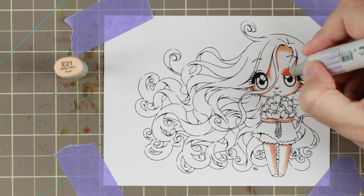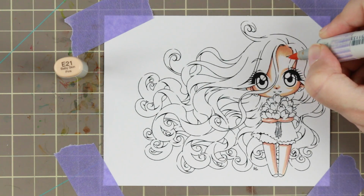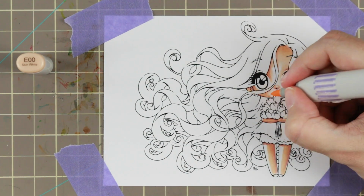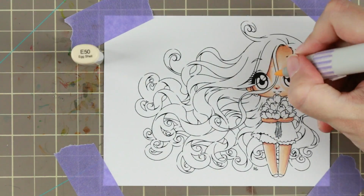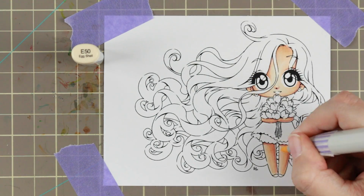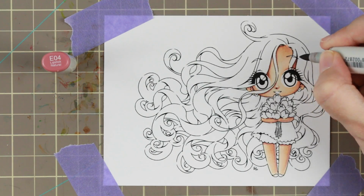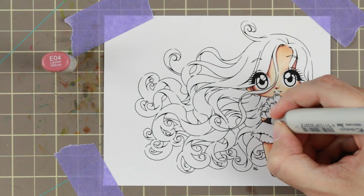I'm going to start with the skin coloring. I did it before the hair because this is a skin color I'm comfortable with. I know about how much shadow I can add to it. And if you look at the image, you see that on the right side, and a little bit underneath on certain parts, I left a sliver of light flesh that is just white. I'm actually using the lightest pen and going over it at the end, and this is because I'm giving my little character some